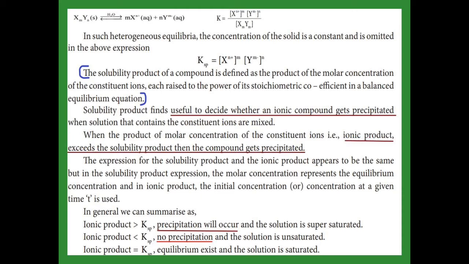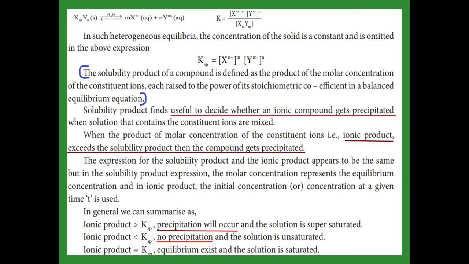Now see the last one. If the ionic product is greater than the Ksp, precipitation will occur. If the ionic product is less than the Ksp, no precipitation will occur. If the ionic product is equal to the Ksp, there is an equilibrium between them, so the solution is a